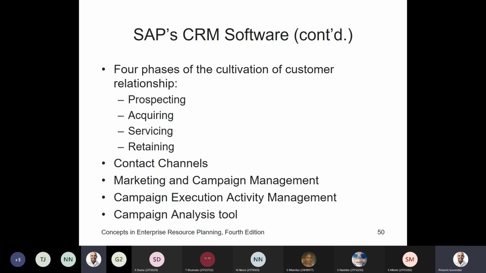You applied on the CAO. You made an application. You were acquired. We provided you with a service. We provided you with lectures, and thereafter,